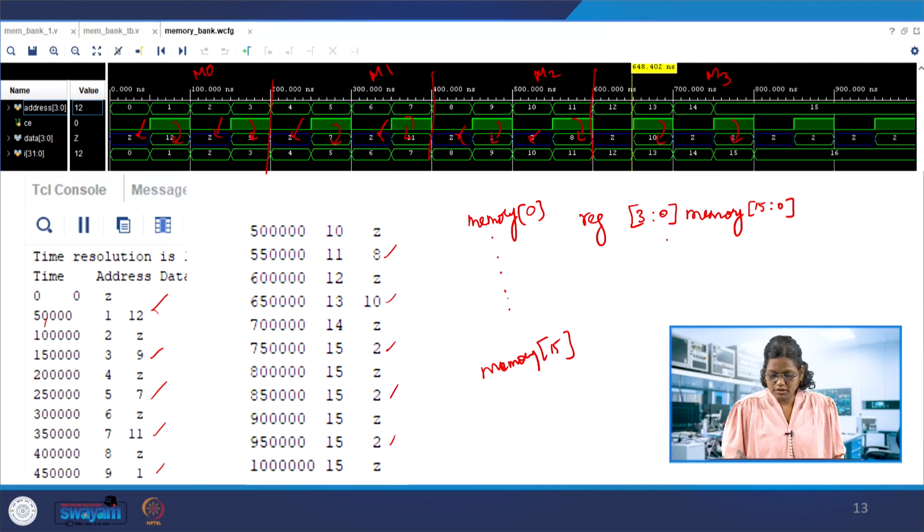With this we have seen how to create a memory and how to retrieve data from the memory. We can also use the readmem command, which can be used when data is available in some file, and that could be read into the module to store it in the memory. We will see that in a few lectures, how to open and read the file and then use that data in our module. Okay. Thank you.